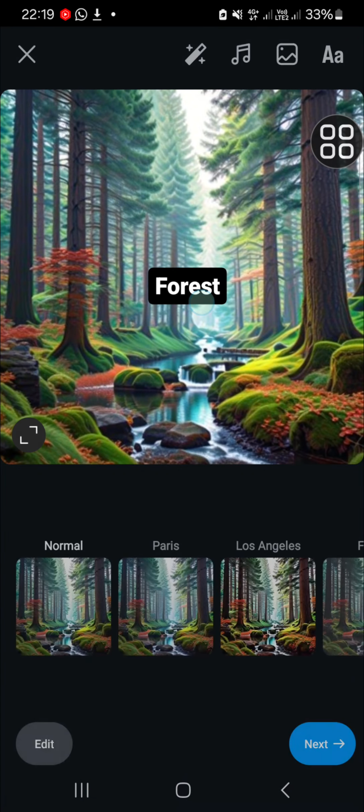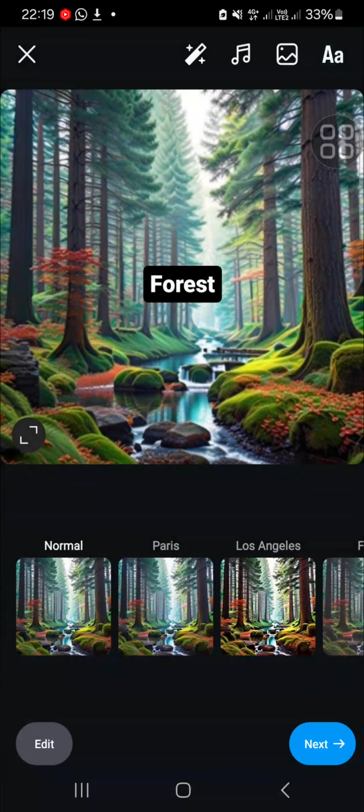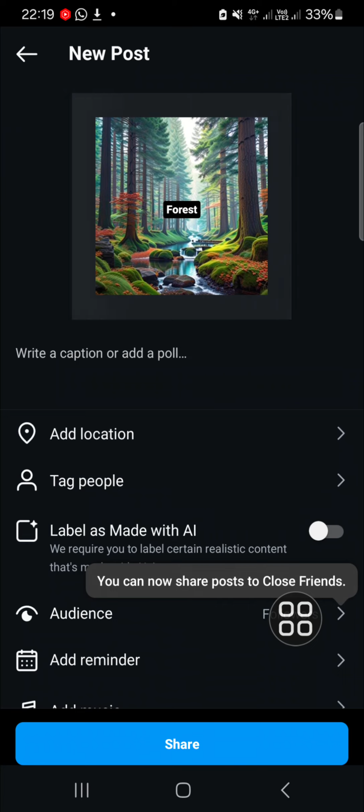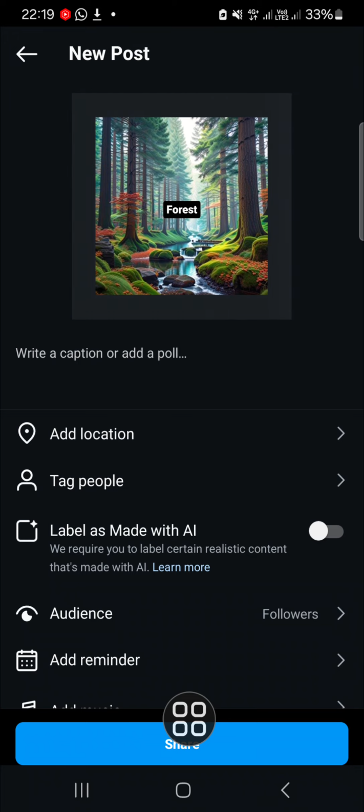Okay, now as you can see that the text has been added to my post, and then we can click on the next. And once you're ready to share this post to your Instagram, you just need to click on share. Alright guys, and that's how we can add text to our post on